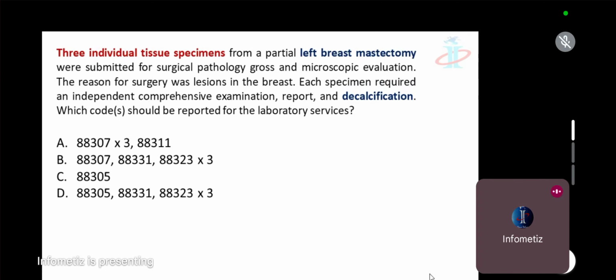So here you can see 3 individual tissue specimens, so that also is 307 into 3. It's just the opposite of